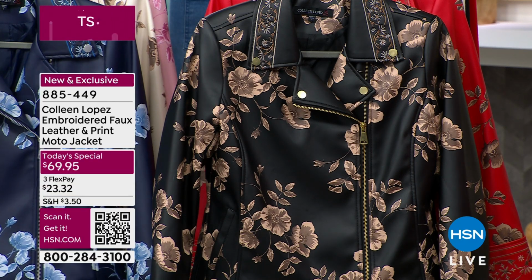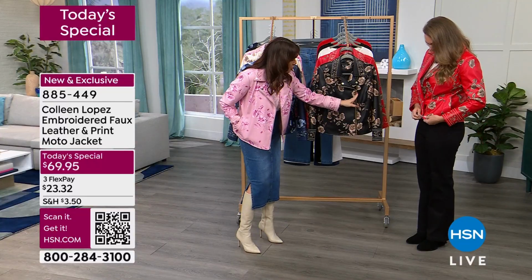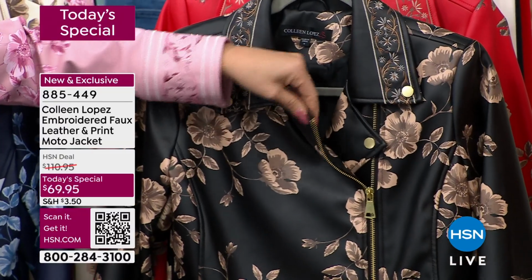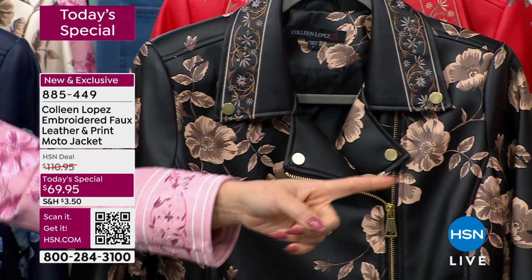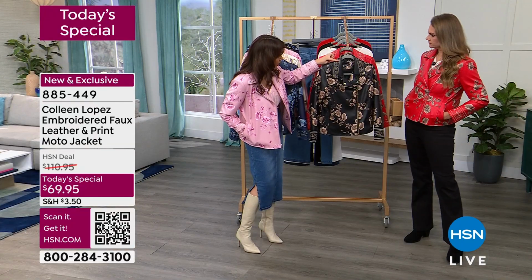I love, okay, because we're wearing them all open, I just realized that, and this one's zipped all the way up. I can wear it zipped. So it's like an off-center. You have these little button details that again lend to that real moto style look to it. So you can zip, oh there you go. You can zip it, you can leave it open, the deep pockets that are in here,